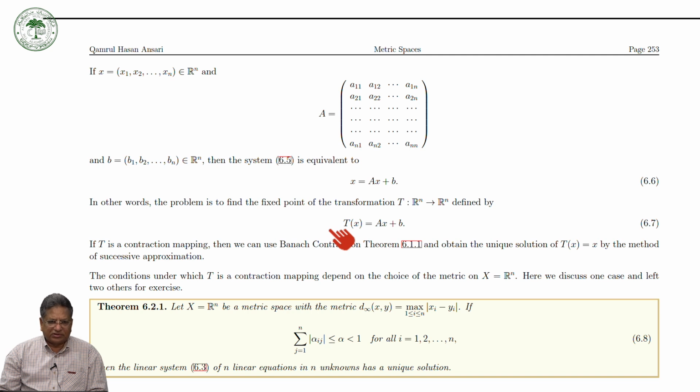As we have seen, there are several kinds of metrics which we have defined on Rn. So first, let us take X equal to Rn as a metric space with the metric d infinity(x, y) equal to the maximum of |xi minus yi|. If the summation, j runs from 1 to n, of |alpha ij| is less than or equal to alpha, and alpha is strictly less than 1 for all i from 1 to n, then the linear